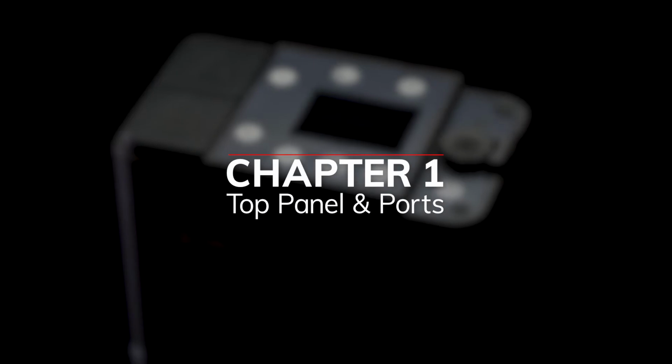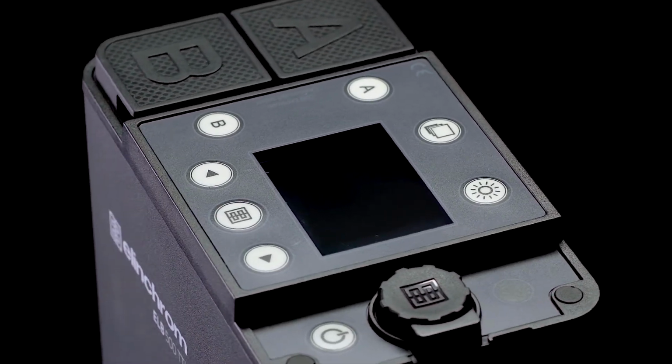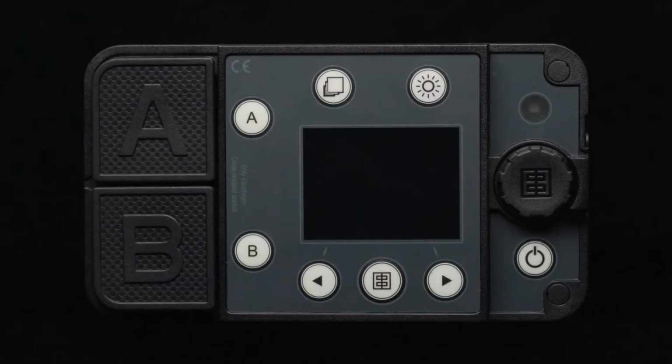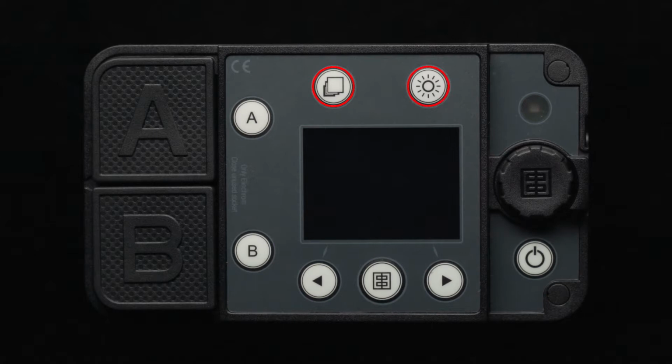First, let's get familiar with the unit. On the top control panel, you will find all your dials and buttons. Starting on the left-hand side, you will find outputs A and B with covers, each with an associated on-off button. On the top of the panel, you will find the menu and modeling lamp buttons. On the bottom, you will find the -1 f-stop and +1 f-stop buttons with an Elinchrom branded test button between